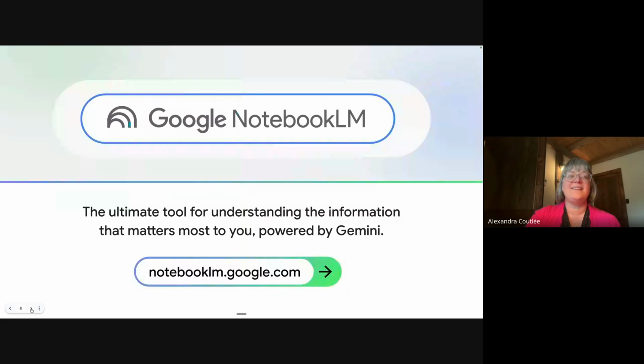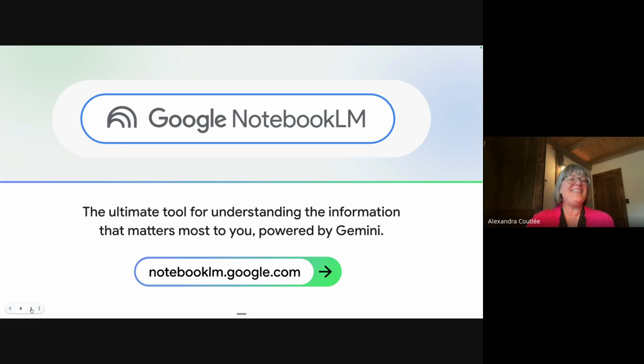So let's get started with probably my favorite tool out there. And we shouldn't have favorites, but I have a favorite. And Google NotebookLM is probably one of my favorites for sure. You can access Google NotebookLM by typing notebooklm.google.com. You can also find it in your waffle, so in your tools. It might be below if you've never used it. It has this logo that you see here, which I'm not sure what the logo is supposed to be, a bunch of doors, a notebook, a rainbow maybe. You can pick and choose what the logo means, but here's what the logo that you're going to be: a fountain of knowledge. I love that.